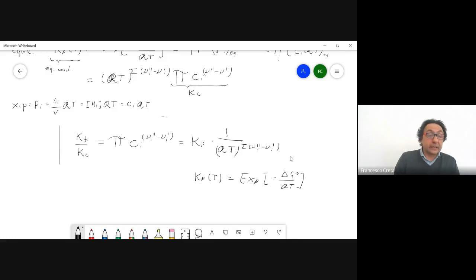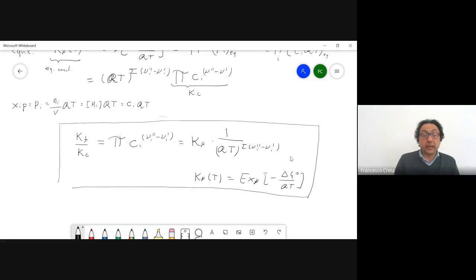Okay? So this is the relationship that we can write down between the forward and the backward reaction rates, okay, to essentially the equilibrium constant, okay? Which is quite interesting if you think about it, okay? We have finally sort of brought together the two concepts, okay? We will eventually reuse this